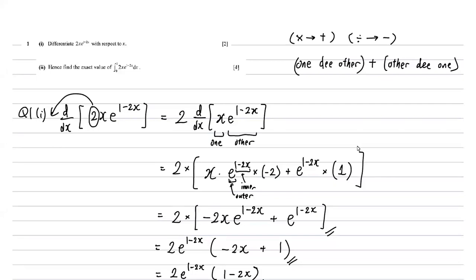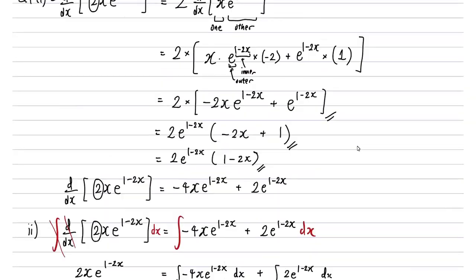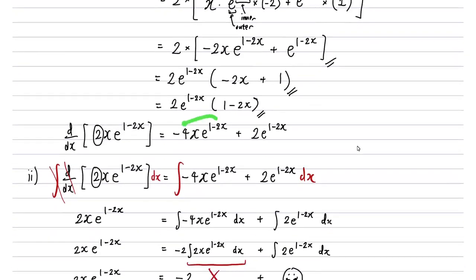So just remember, always part 1 differentiate means you need to use the answer from part 1 to integrate in part 2. So over here, the trick is you don't try to factorize it. If you try to factorize it like this, it becomes what we call a product, a product of 2 different functions. You try to integrate a product, not so easy. What you should do is to leave it as 2 separate terms, which is basically these 2